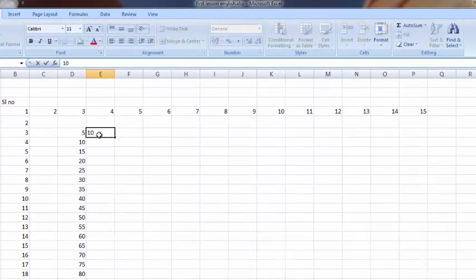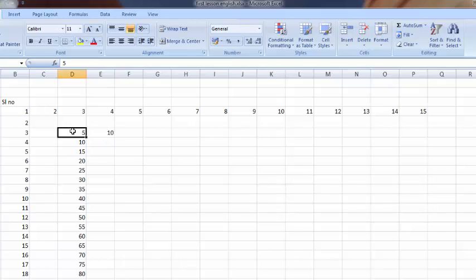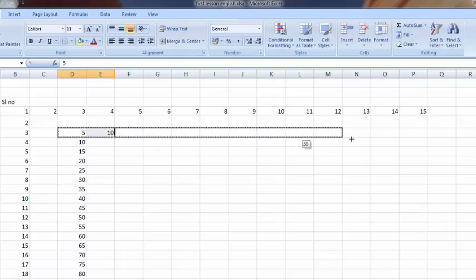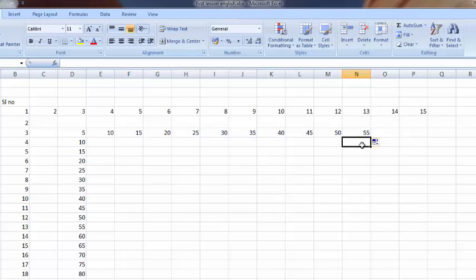You have to write 10 here, then press enter. Then select the two numbers. Then move your mouse pointer onto the square box. Press the left button of your mouse there, and by pressing the left button, move straight to the right in rows. So it has been written, and every number has a difference of 5. See, 5, 10, 15, 20, 25, 30, and you have to click on another cell to remove the selection